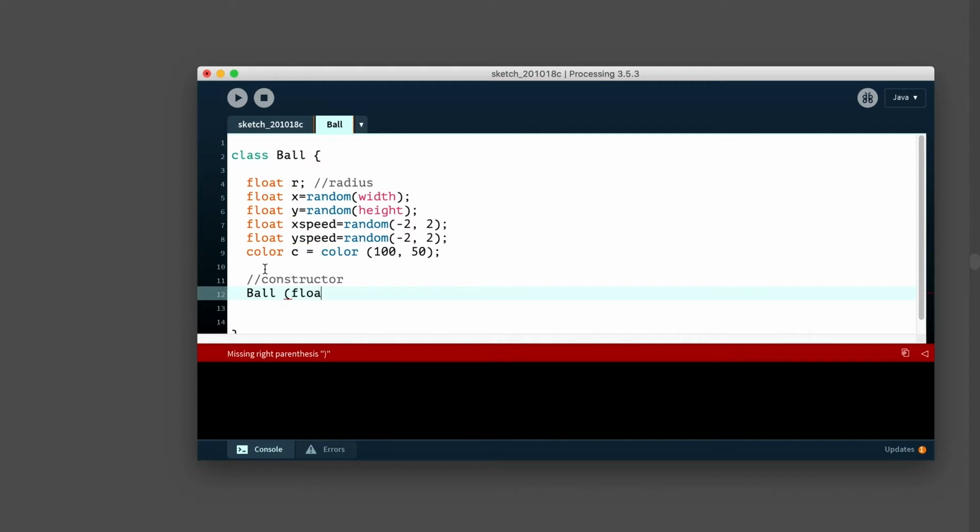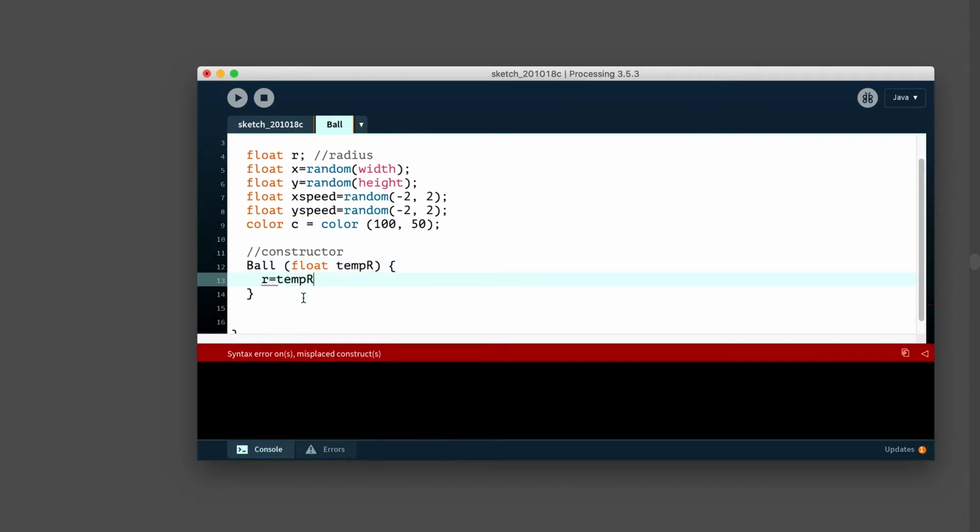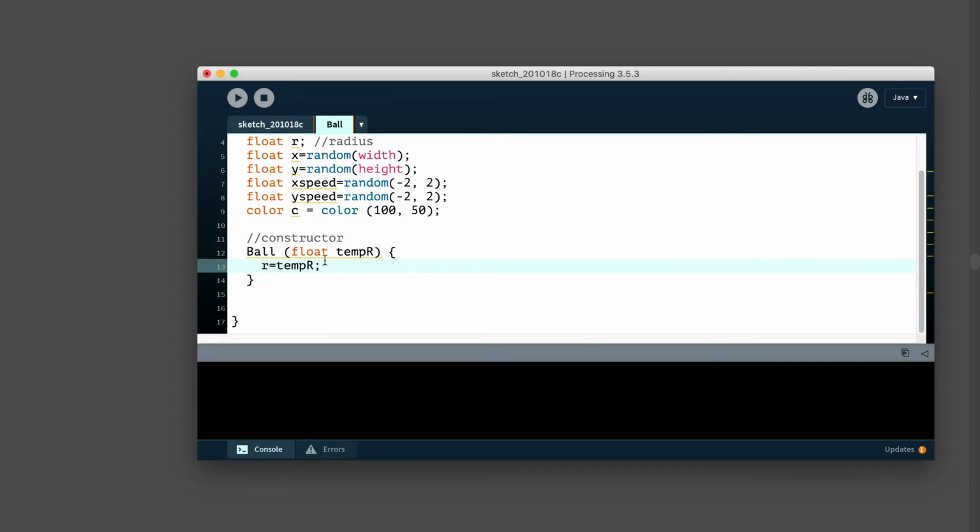Now I'm going to make the constructor pretty simple here. I'm only going to pass it the radius because all of the other stuff gets set up here. Like I said, I could rewrite this to accept all these values, but just to make it a little bit simpler, here I'm only passing one value down to here.